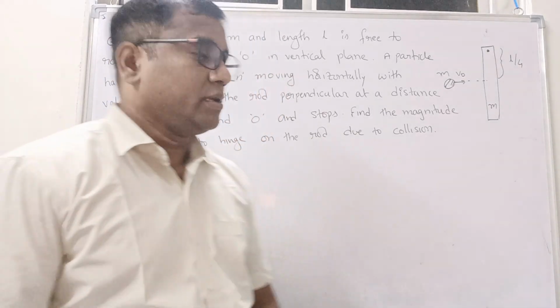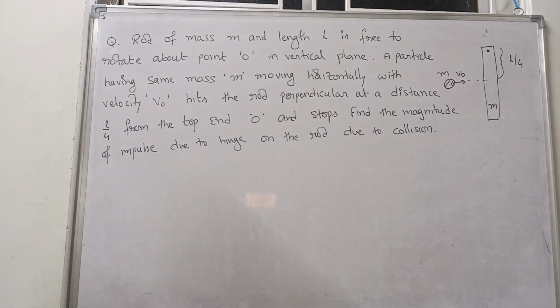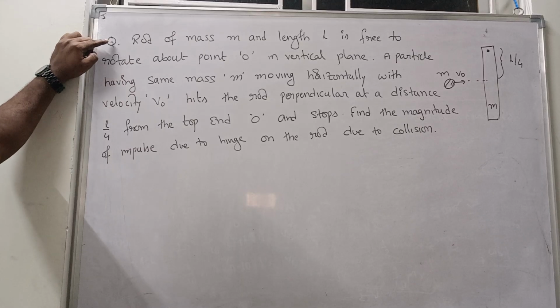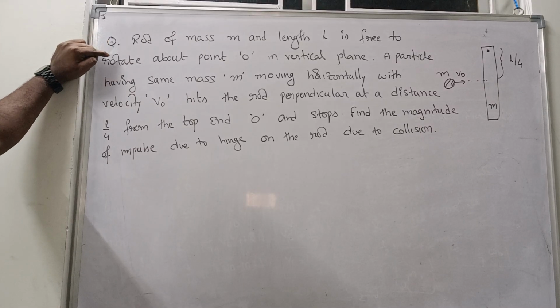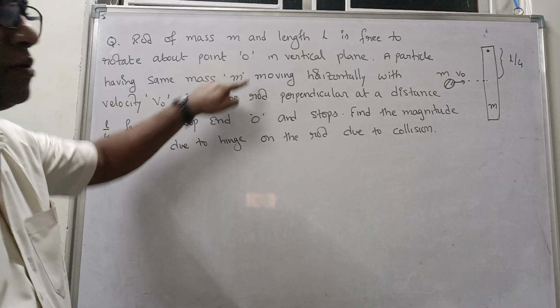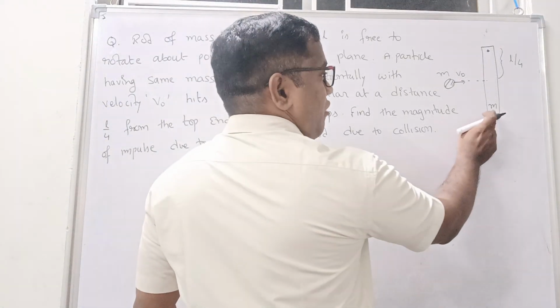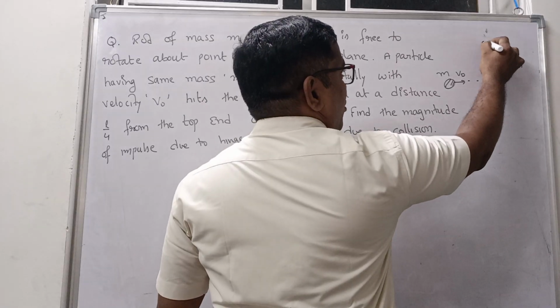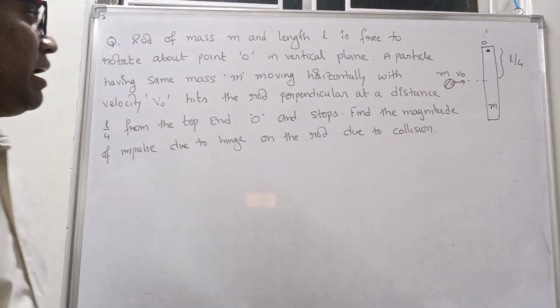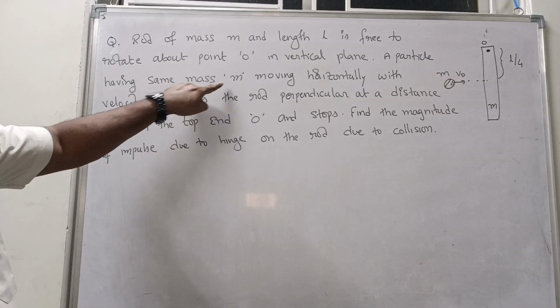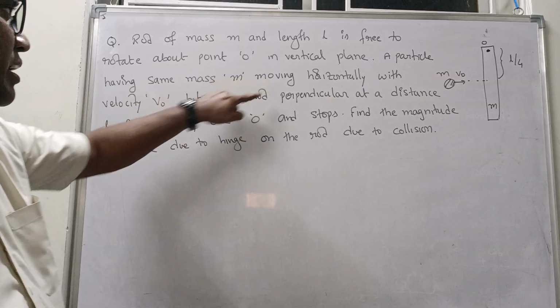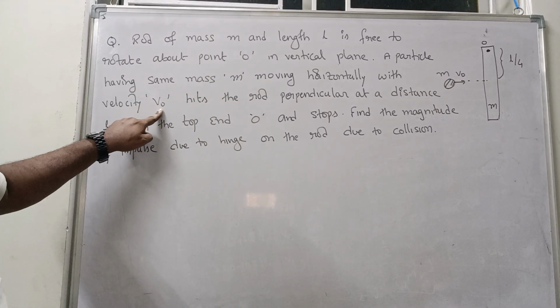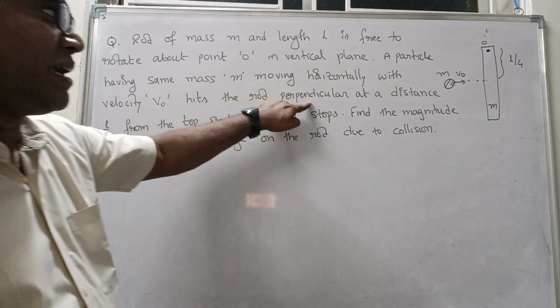Dear students, let's see this question. A rod of mass m and length L is free to rotate about point O. So here, a rod of mass m and length L is free to rotate about the point O. A particle having the same mass m, moving horizontally with a velocity v0, hits the rod perpendicular at a distance